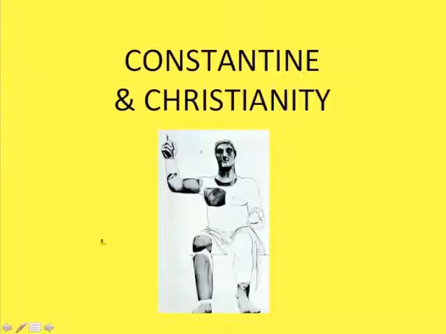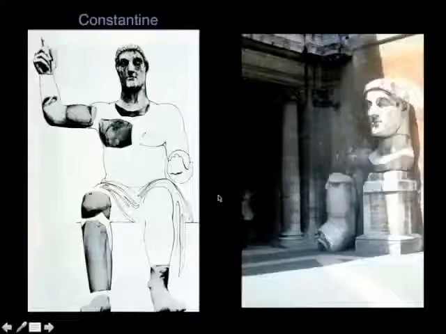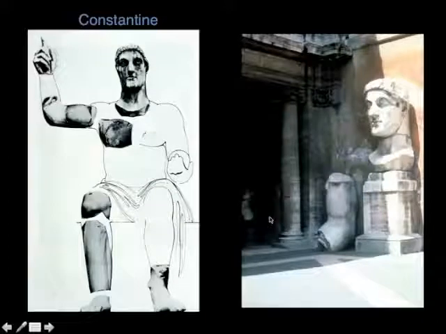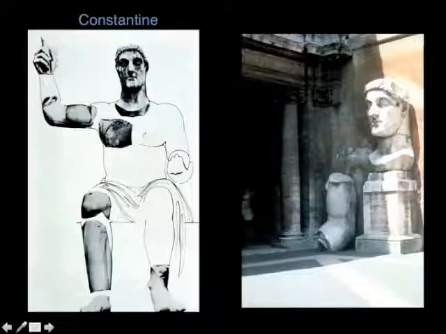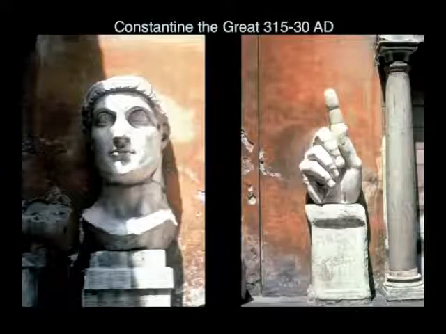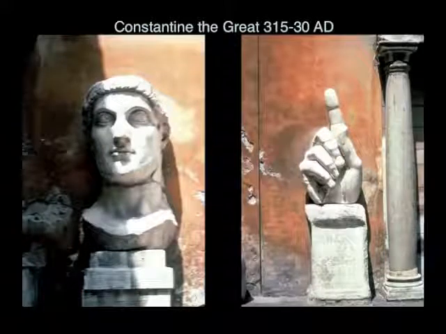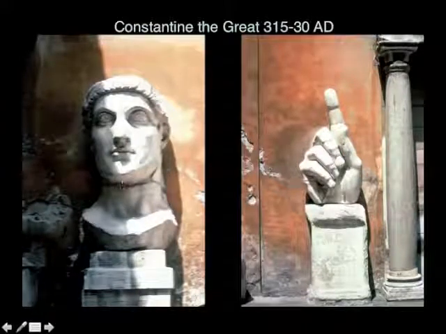This is not really what Constantine looks like. He's not a ghost man with a head and an arm. But there are these fragments of statues of Constantine that remain, and they are colossal things. This is a reconstruction of the pieces that we have and what they would look like. Because Constantine was very successful militaristically. Not only did he defeat the co-emperors Maxentius and Licinius, but he also fought against the Franks, the Visigoths, the Sumerians in his reign, and even was able briefly to expand the Roman Empire, which had been contracting like crazy up until that point.